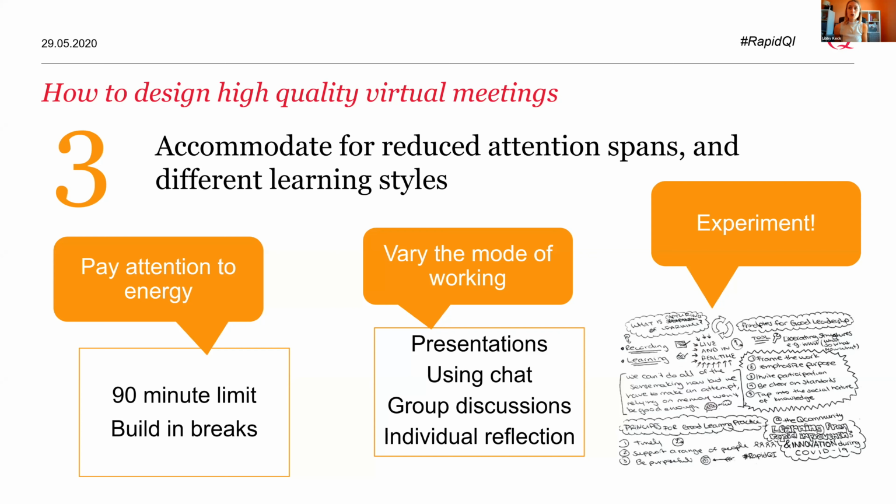So for example, reconsider whether you want people to do a bit more in advance. We may often hold back from this because we don't want to overburden people, but I think the rules are very different in a virtual meeting. And if you can strip it back so that only the essential stuff happens in the call, you're much more likely to have a high energy conversation that way around.